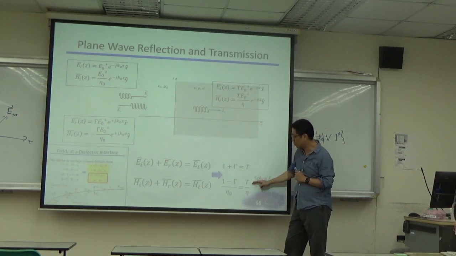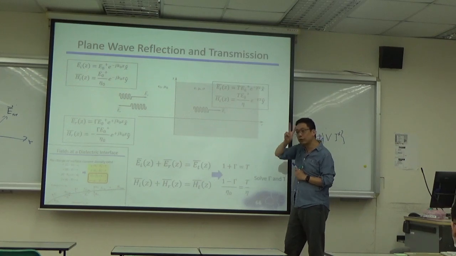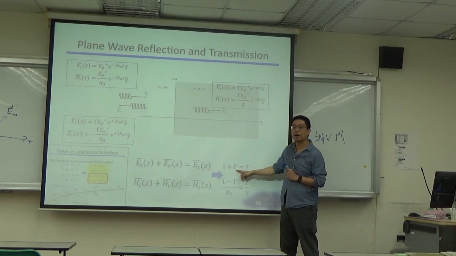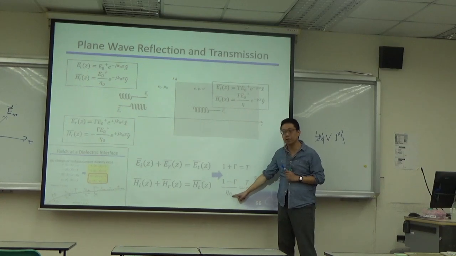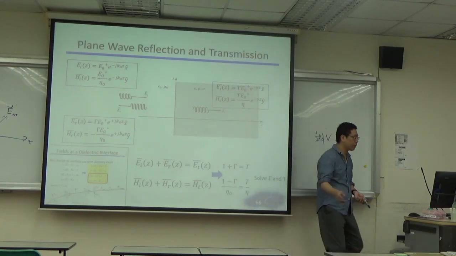You got these two more equations, and you get two equations, two unknowns. T and gamma are unknown, and eta and eta 0 are already known because we already know the material. You can solve these two equations and obtain